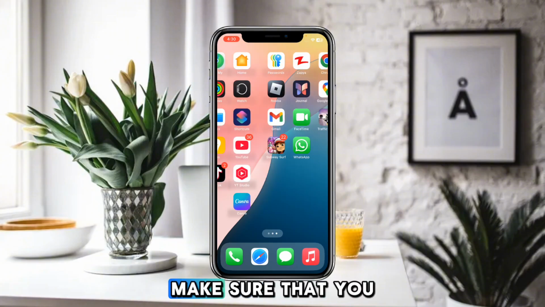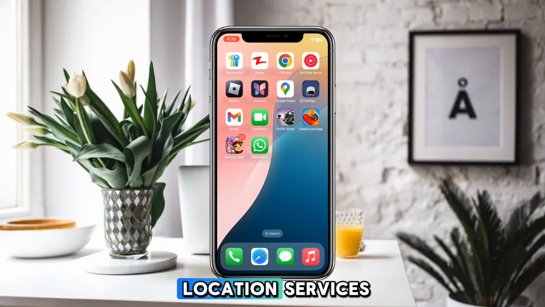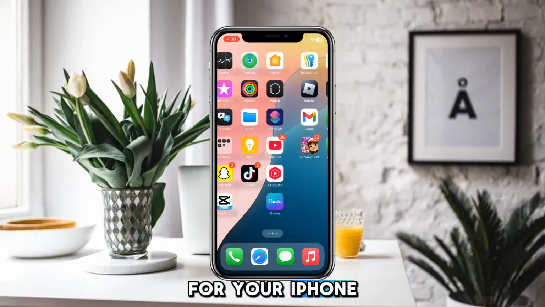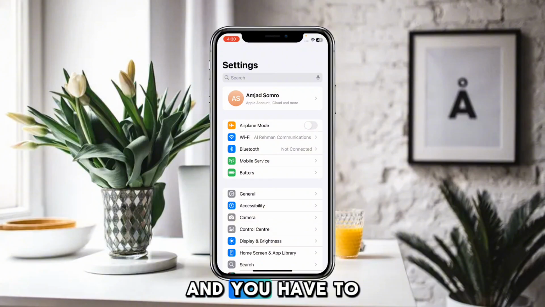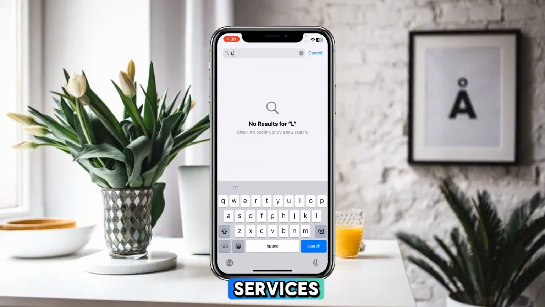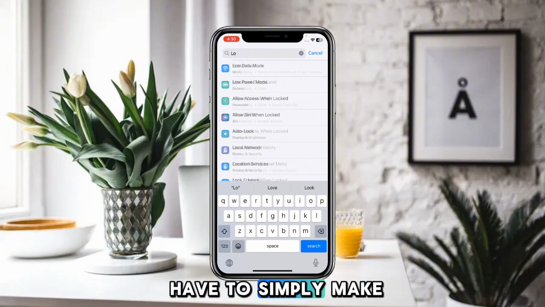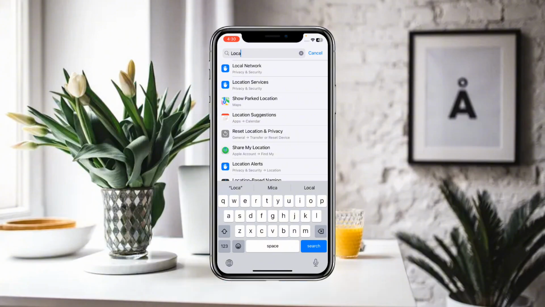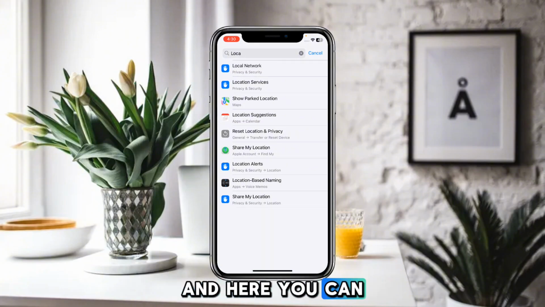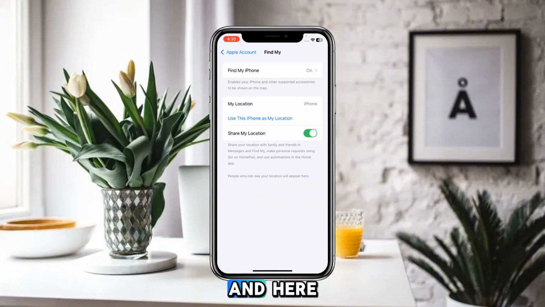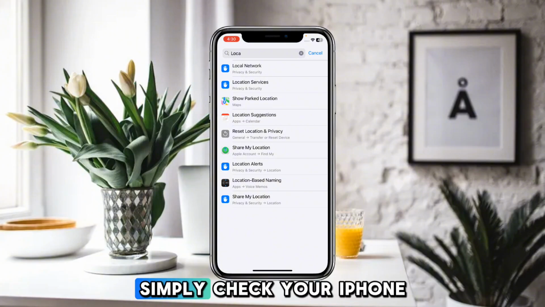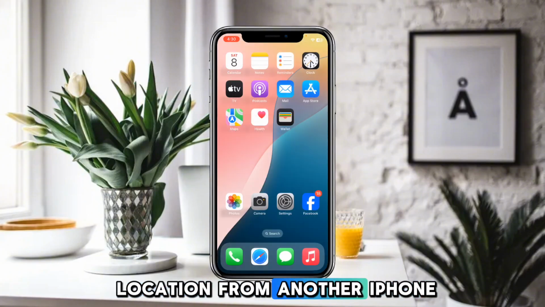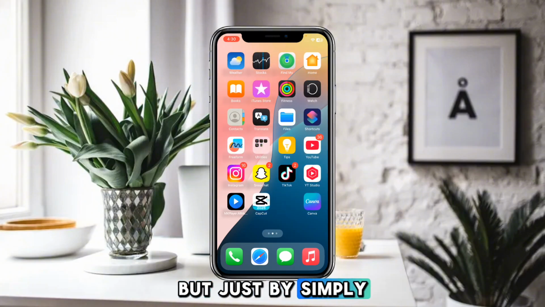Here you have to make sure that you have turned on the location services for your iPhone. So here you have to go to settings, and search for location services, and after that make sure that you have turned on the location services for Find My. And here you can check the settings, and make sure that you have turned on share my location. And after that you can check your iPhone location from another iPhone by simply using Find